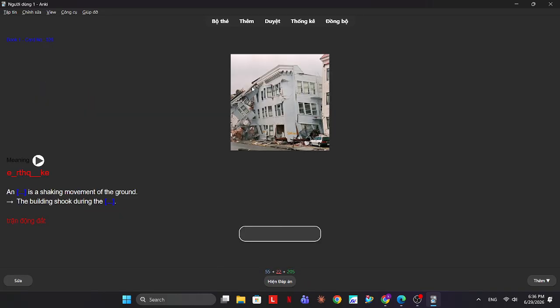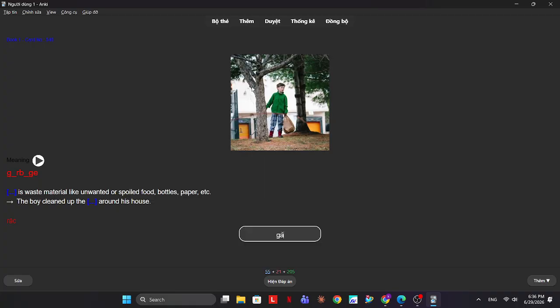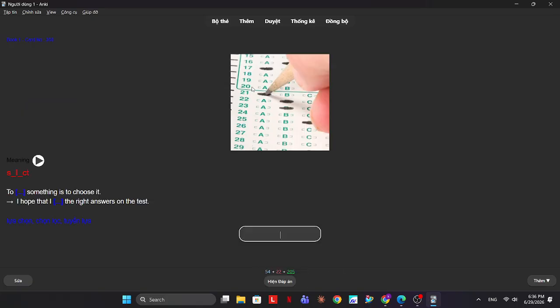An earthquake is a shaking movement of the ground. Earthquake. Garbage is waste material like unwanted or spoiled food, bottles, paper, etc. Garbage.